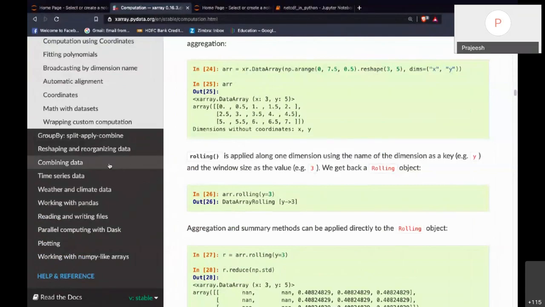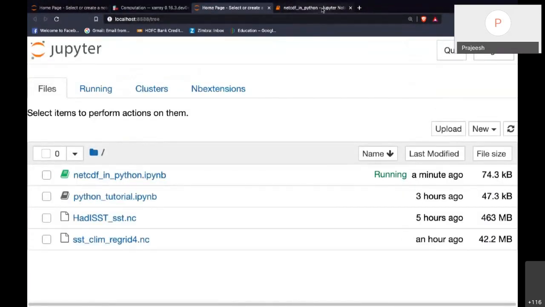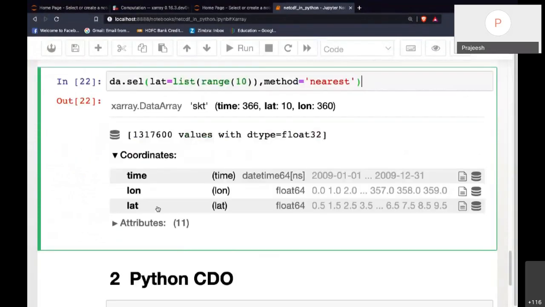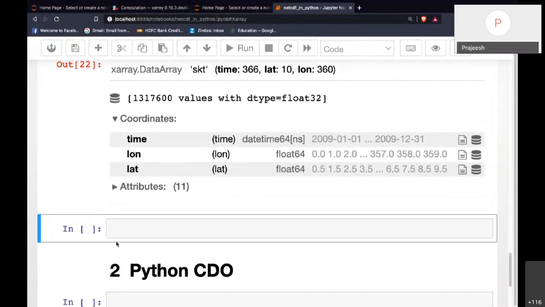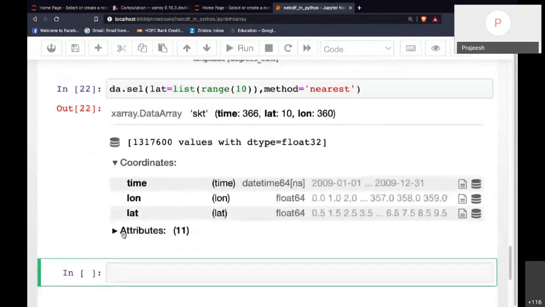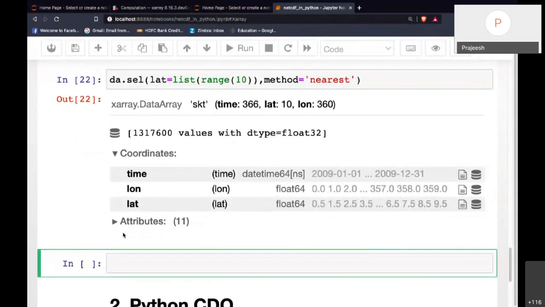You can also write a netcdf file from Xarray. So to write a netcdf, you can either write a simple data array into a netcdf, that is just one variable.